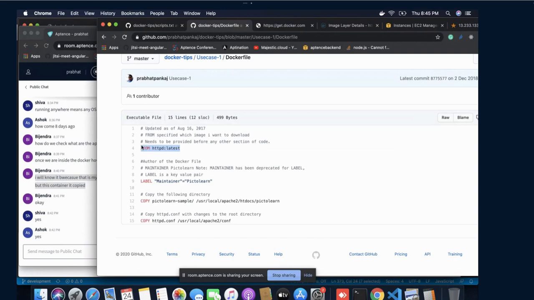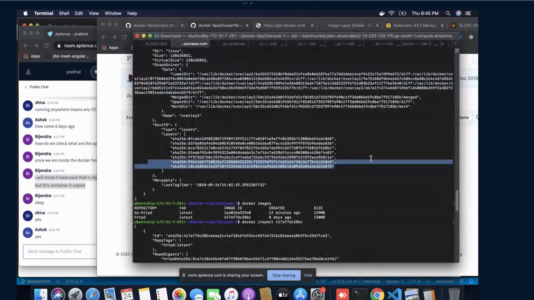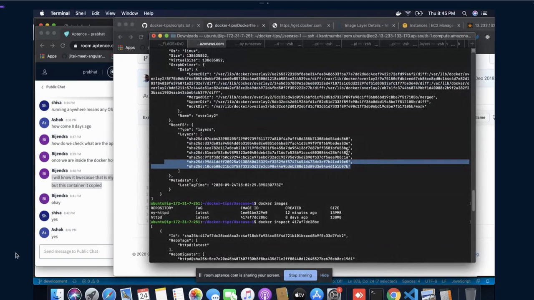Initially they had a total of 5 layers. Sorry, they had 4 layers. Just because we added two different steps, the total number of layers became 6. Initially it was 5, so now the total number of layers became 7.